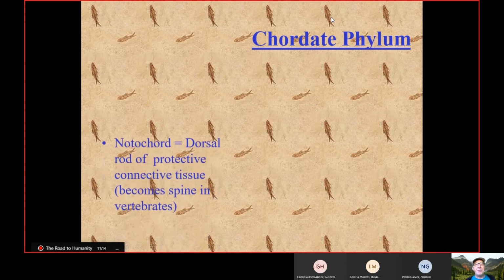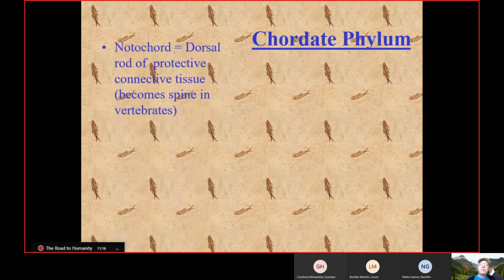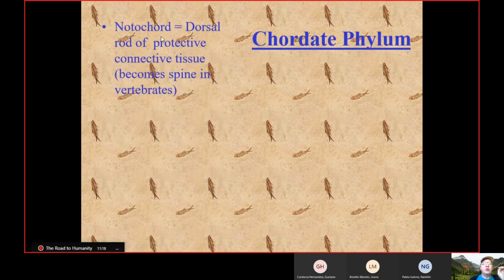And there are three things that make us a chordate. First, all chordates have what's called a notochord. And this is along the back, it's dorsal. And it is protective connective tissue. In us, it turns into the spine. As we develop from an embryo, it starts off more like cartilage, but then it turns into bone as we